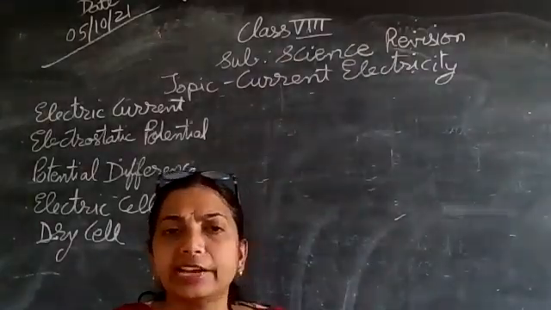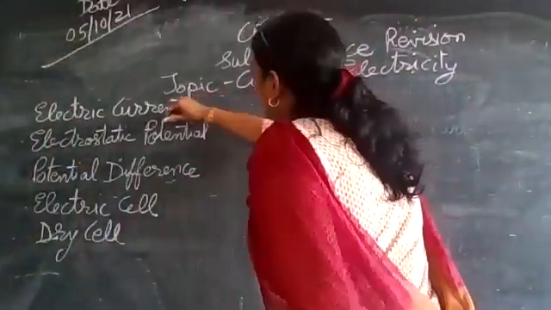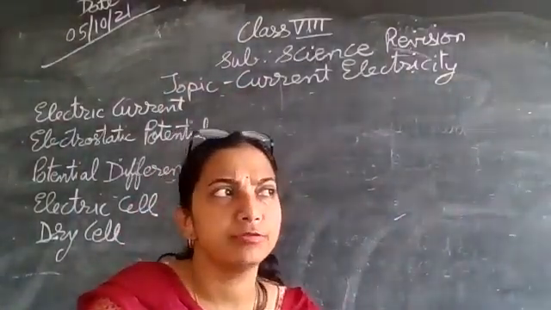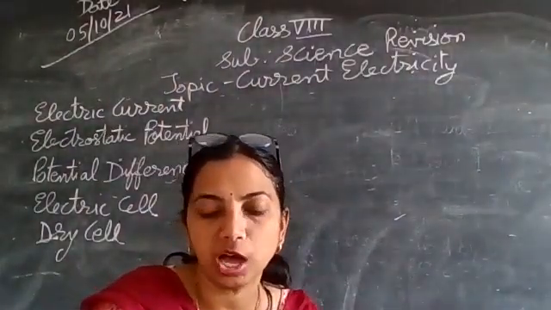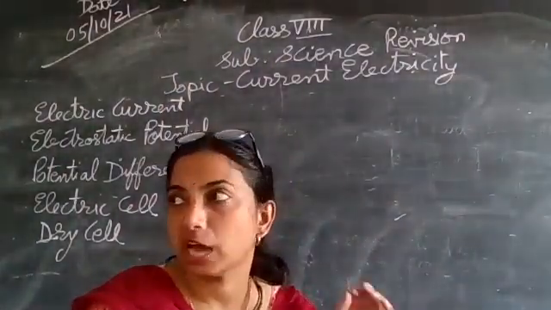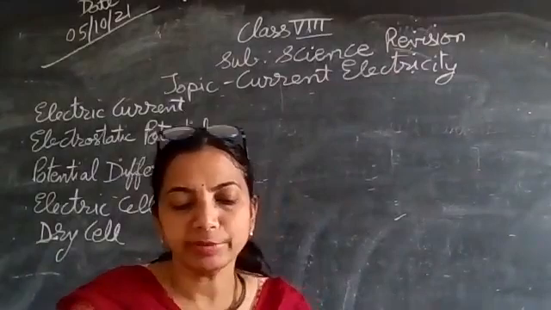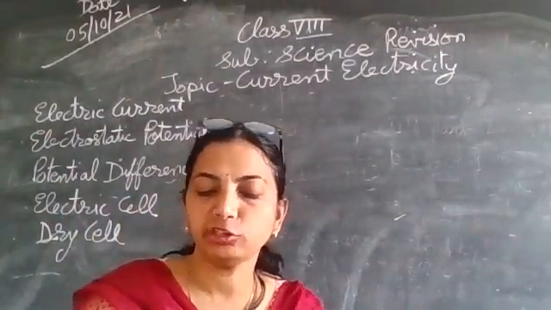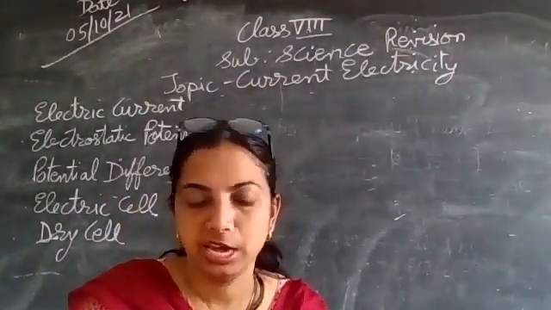What is electrostatic potential then? What do you mean by electrostatic potential? Water, for example, or any liquid, flows from a higher level to a lower level. Heat always flows from a body at higher temperature to a body at lower temperature. Similarly, there is a tendency of the positive charge to flow from a point of higher electric level to a point of lower electric level.